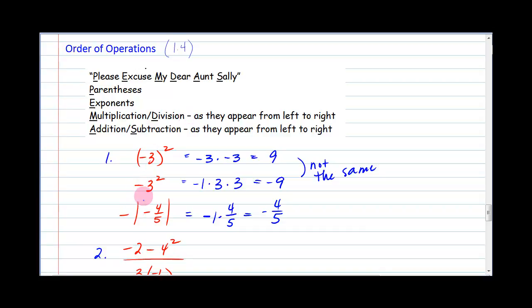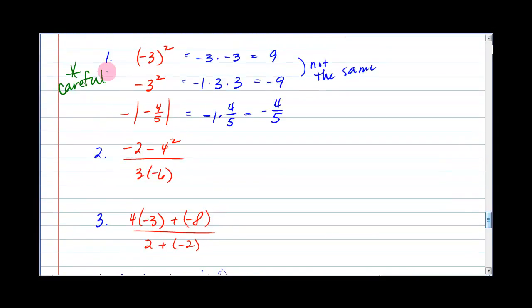These three concepts right here lead to a lot of frustration if you don't really think about, or if you don't really understand the processes of the order of operations. So in other words, I'm kind of trying to warn you, be careful, because there are common mistakes. Okay,